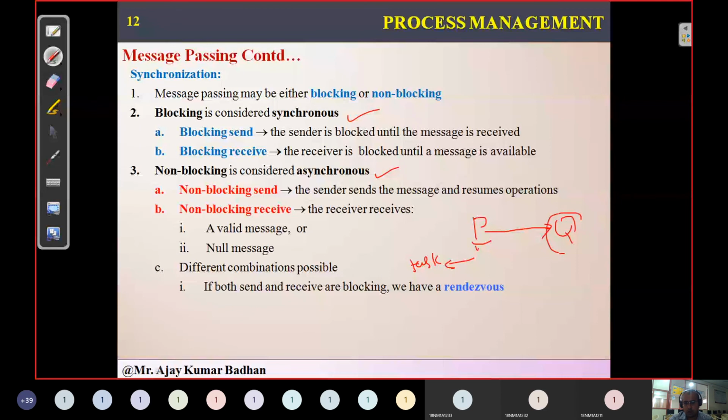In the same way, Q will not be waiting for this process to send. It will be doing some other task, and whenever it gets a message from P, it will then start performing the operation on that. Till that time, it utilizes the time doing other tasks. Those are the two things related to synchronous and asynchronous communication.